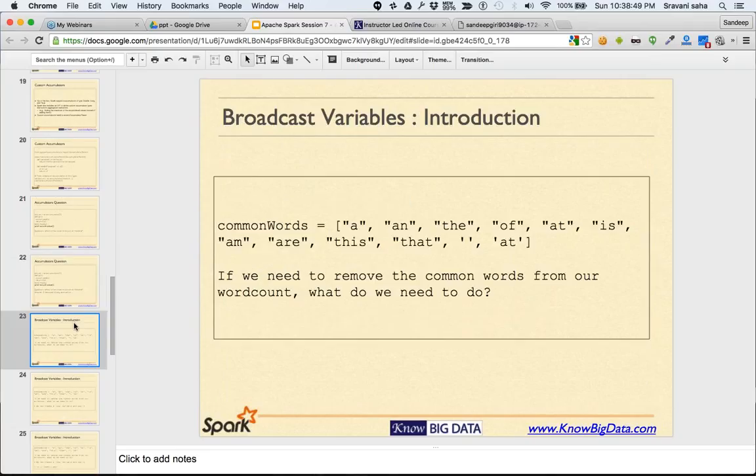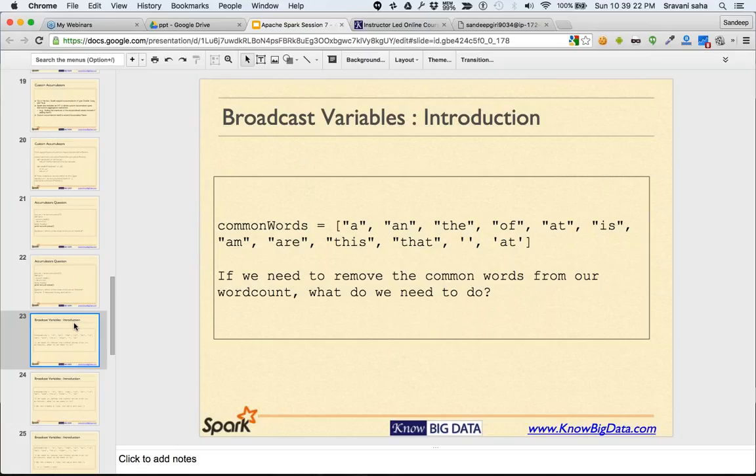All right. So now the other aspect of Spark programming is the broadcast variables. Okay. What is a broadcast variable? Just like we had counters in MapReduce, we have accumulators here. Similar to the distributed cache, we have broadcast variables. Okay. So let's say in our word count example, the one which we have been running for quite some time,